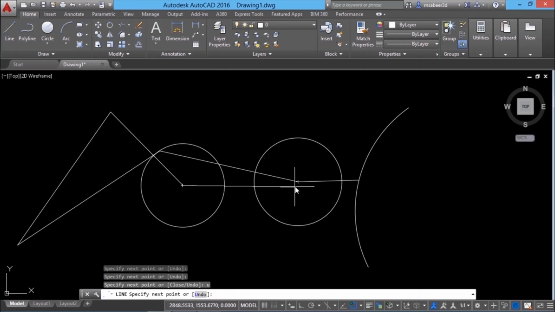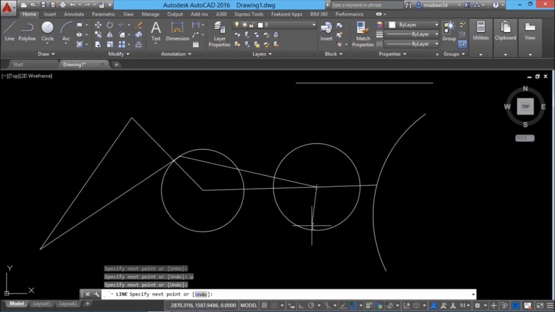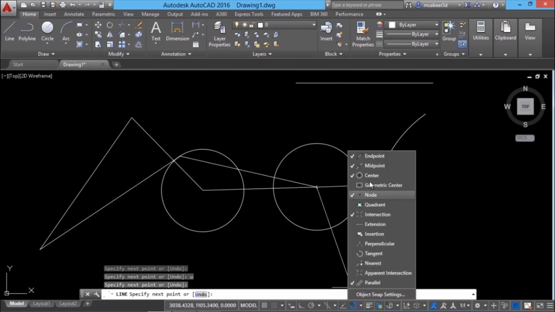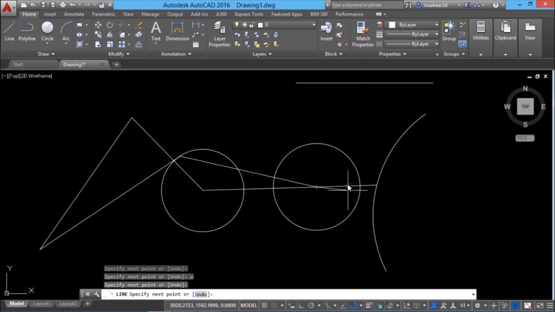There is a center, endpoint as well as an intersection. In such a situation, the software takes the best decision. Hence, in running mode, all those frequently used items can be kept active in the OSNAP menu. Once those items are activated, those items will get permanently attached to the cursor and you can make use of those items as per your requirement. Now let's see the override mode.